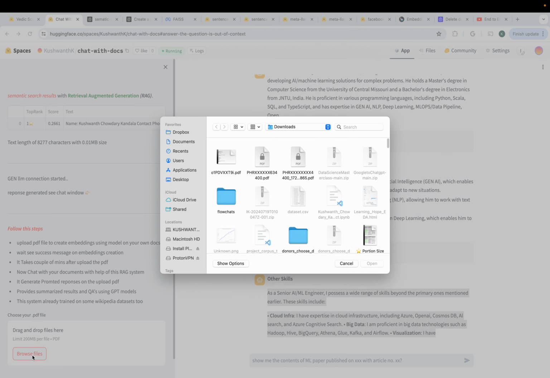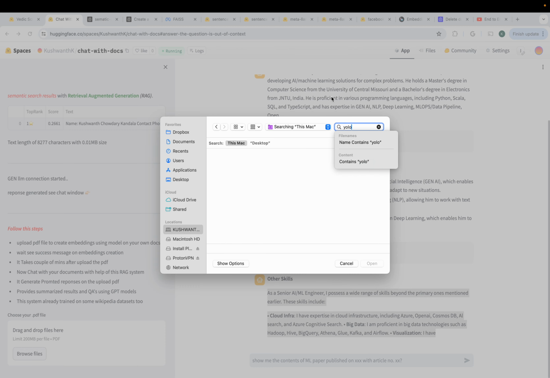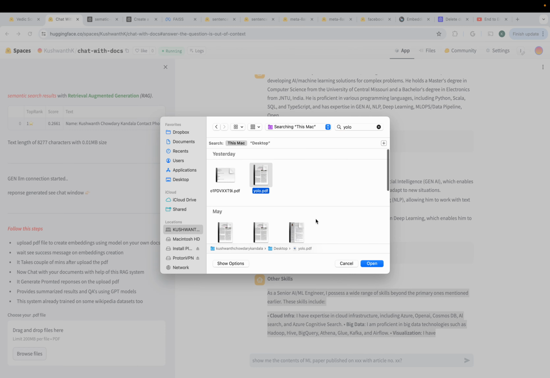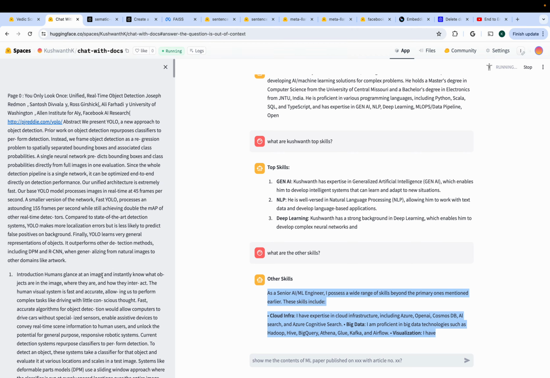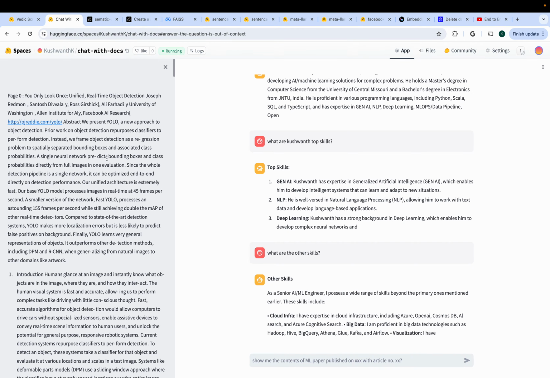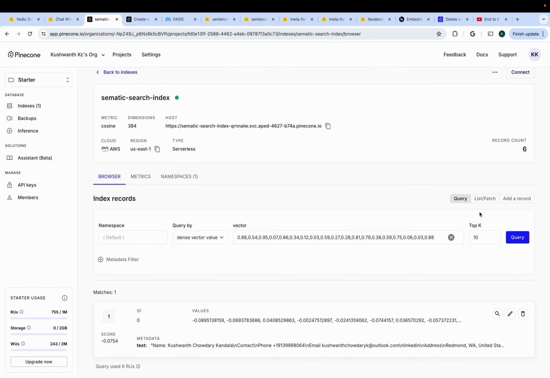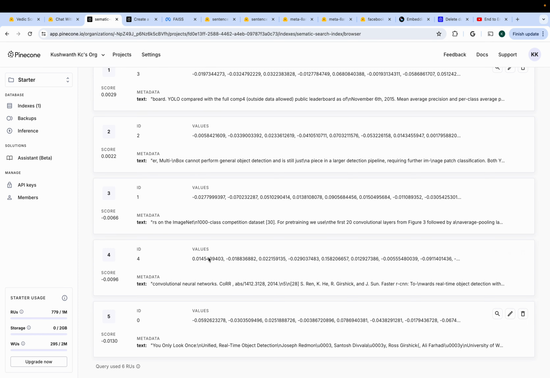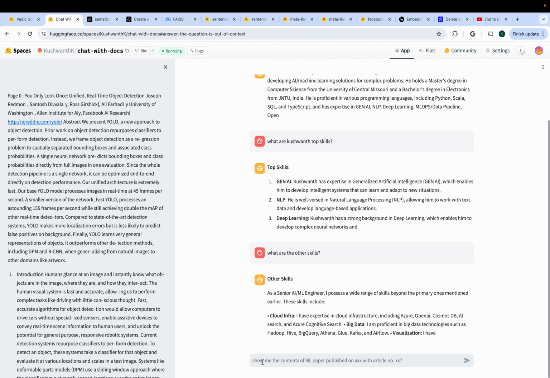I can try with another document. Can I take any sample document? This is the YOLO research paper that was released back then. So I'm using that. If you see the vector database and refresh, there are 6 records in total right now. If I go back and ask what is YOLO,